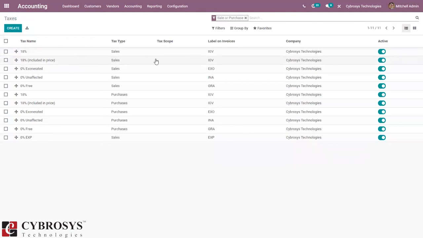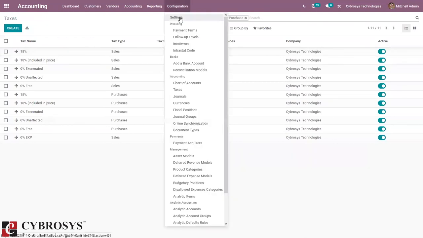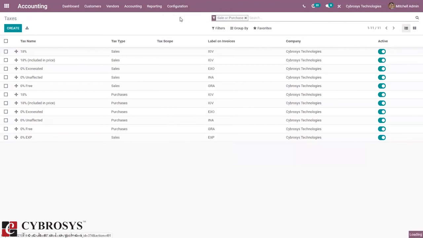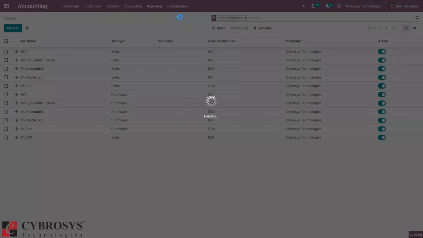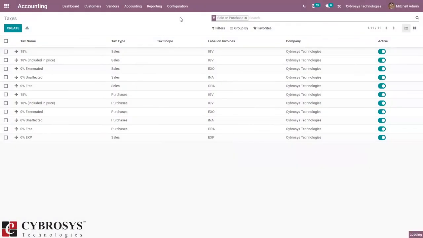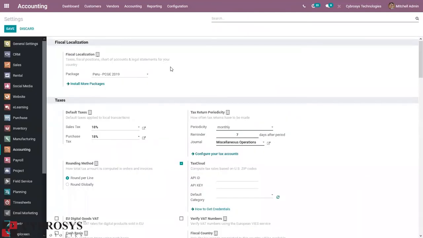Now let's again go back to our accounting settings. There we have to configure some basic elements that are required for your electronic invoicing. So let's discuss some basic terms that are essential in this localization.